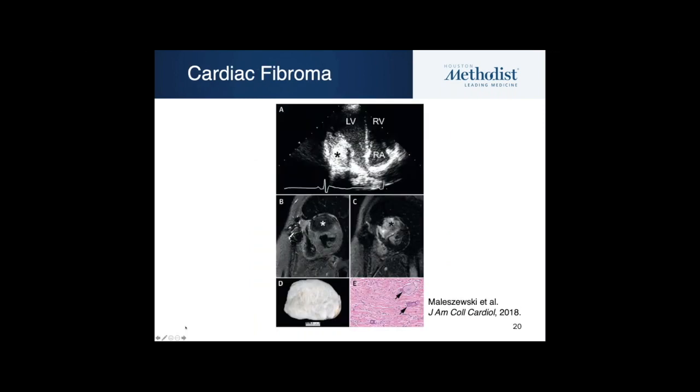Cardiac fibroma. So these are interesting tumors of very fibrous tissue, often with ventricular involvement, and are often detected incidentally. Very slow growing, indolent tumors. They're known to be associated with Gorlin syndrome, also known as nevoid basal cell carcinoma syndrome, an autosomal dominant disorder